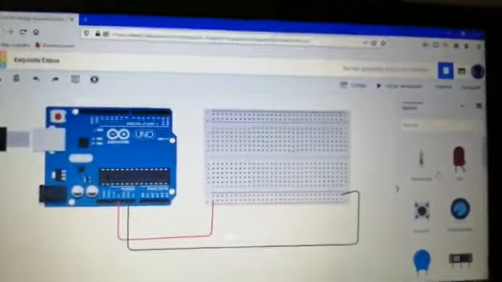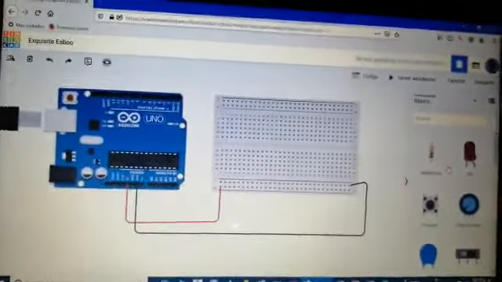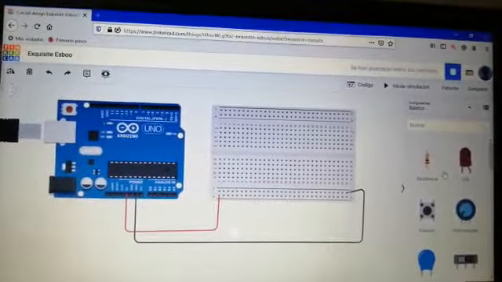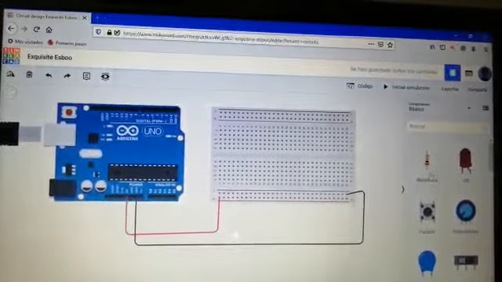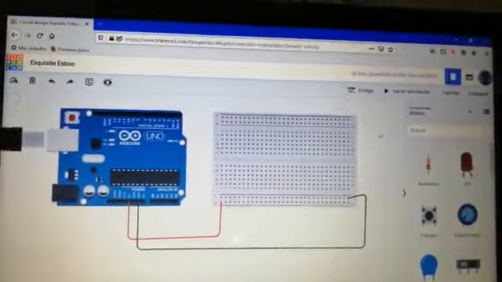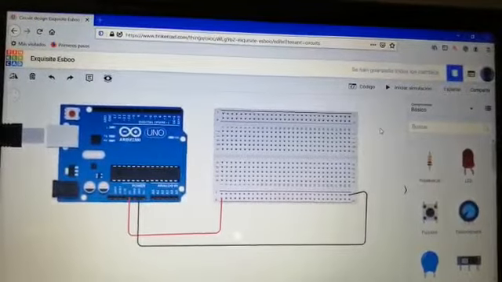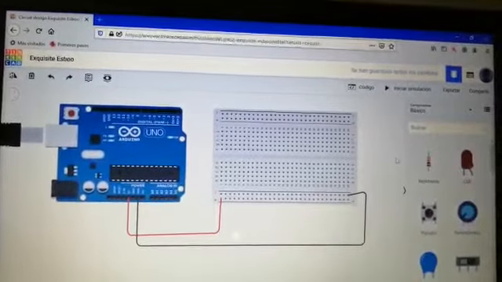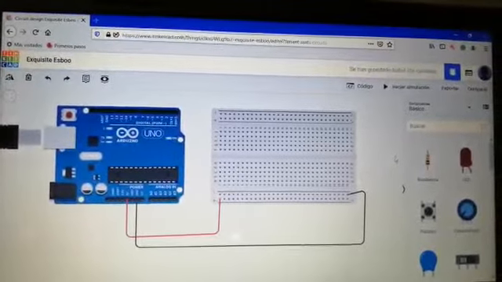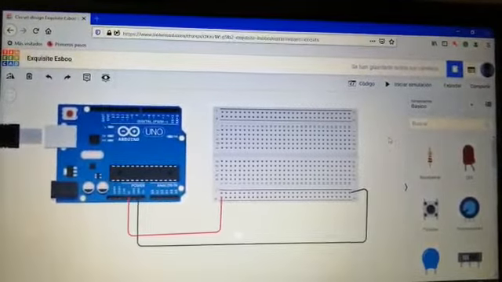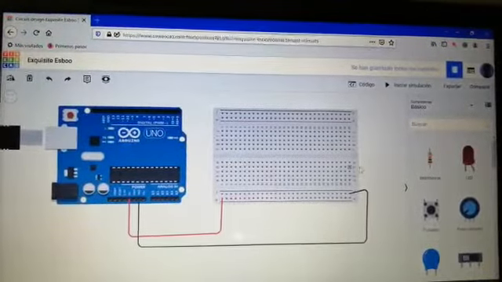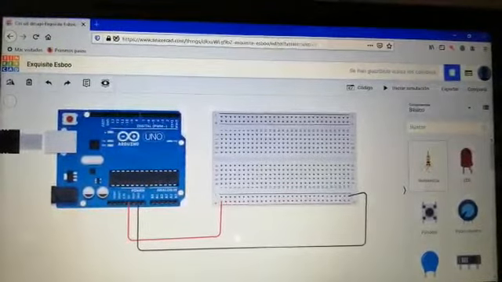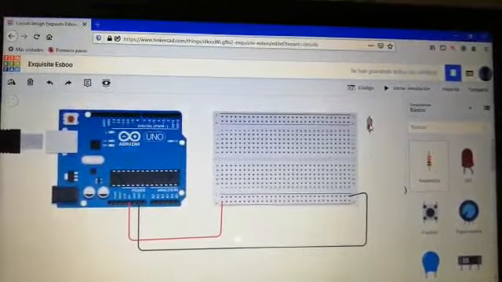Okay, so for the first exercise, we're going to program the operation of turning on and off of a LED. As you know, every LED requires resistance in order to provide protection from any overvoltage that can occur in the circuit. So here we're going to place a resistance that is going to be connected to